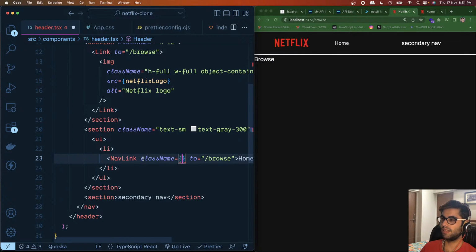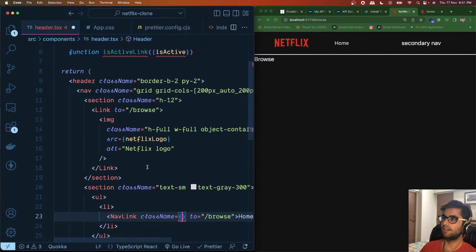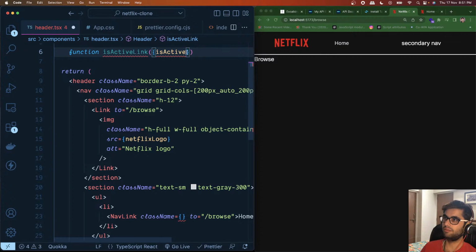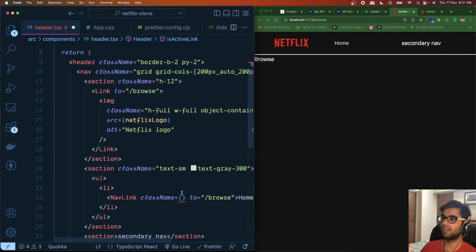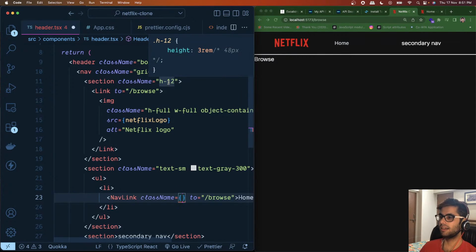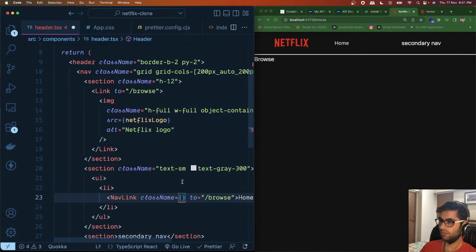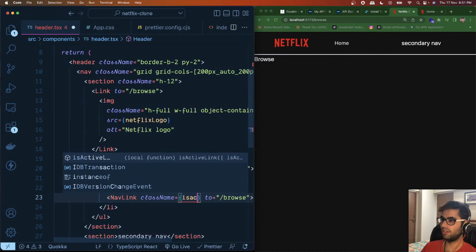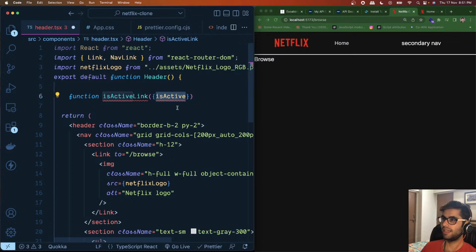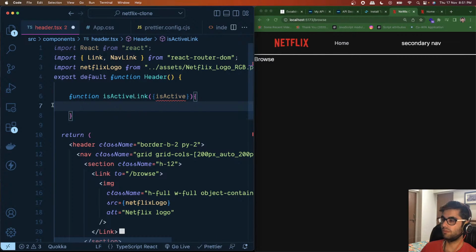If you give it the className property, it is called with two variables, isActive and isPending basically. And using these we can determine if the current link is active, and we can style the link accordingly. All right, so we'll pass the function isActive over here. This will get this prop, and then what we will do is